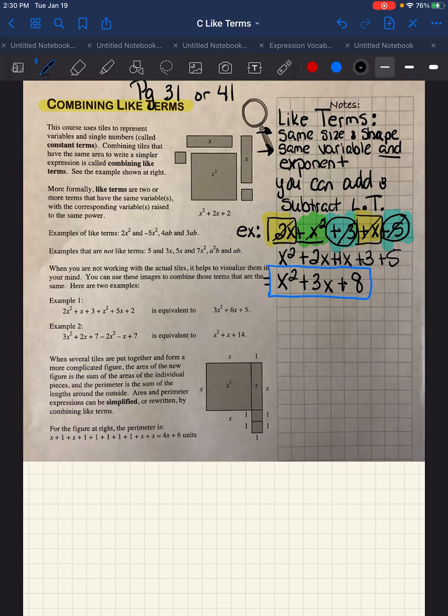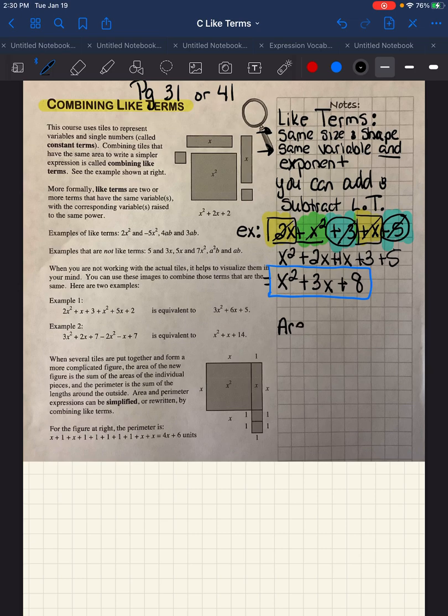That's what combining like terms is all about. Okay, so what we've been working on with the algebra tiles, just starting last week, this is what we're trying to get to, the ability to combine like terms. Now, we talked about area